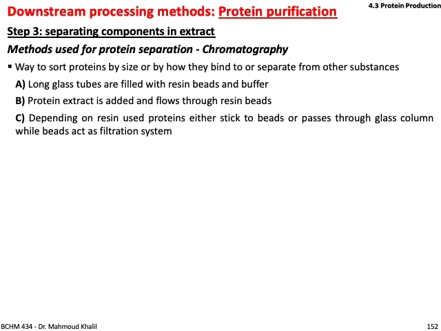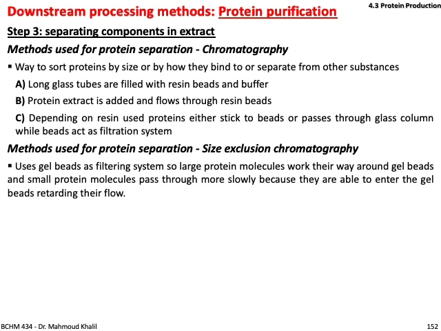Continuing, step 3 is separating components of the extract. We'll use another method, which is chromatography, for protein purification. Actually, it's a way to sort proteins by size or by how they bind, so they can be separated from other substances. You have long glass tubes filled with resin beads and buffer. The protein extract is added and flows through the resin beads. Depending on the resin used, protein either sticks to the beads or passes through the glass column, while the beads act as